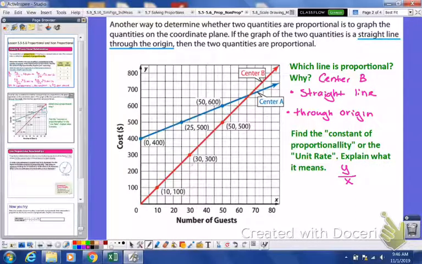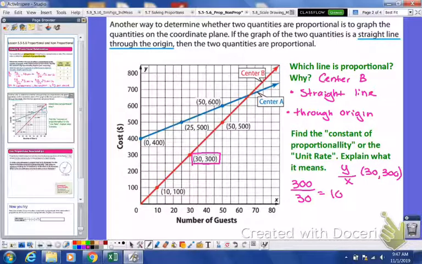So if I chose this point, we're looking at 30, 300. Our y value is 300 divided by our x value, which is 30. We go ahead and divide those out, so 300 divided by 30 is 10. So our constant of proportionality is 10,